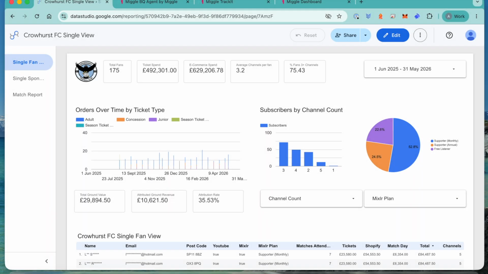This is a demo that uses Google's Data Studio and Google's BigQuery to put together 3 single views in a dashboard: a single view of the fan, a single view of a sponsor, and a single view of an individual match. So it's a fictitious dummy data set of 200 fans, which I've labelled Crowhurst Football Club, which is the